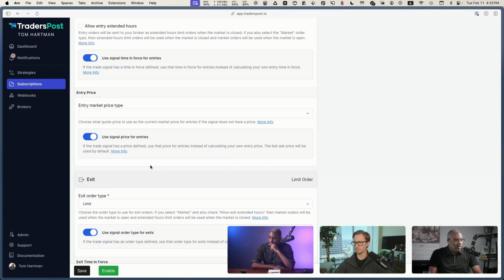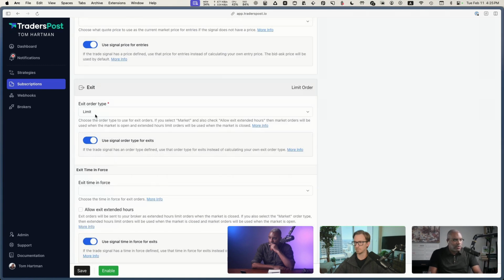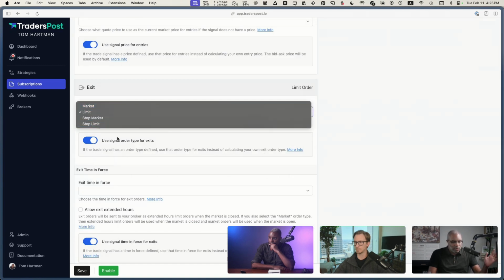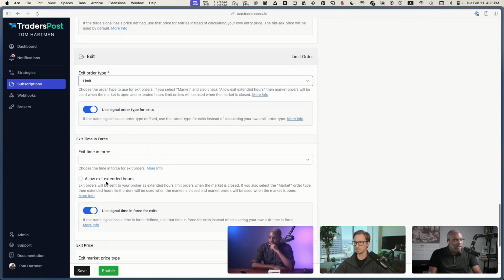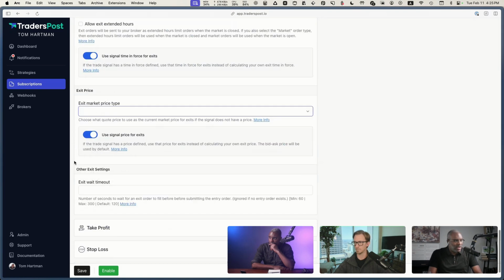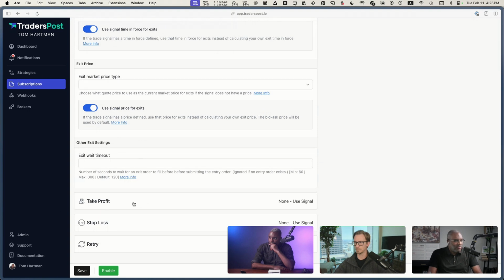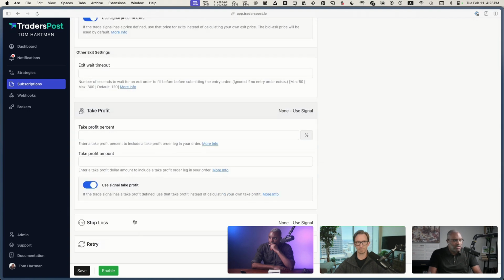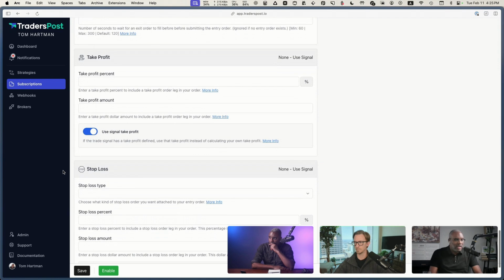And then exit, that's the same sort of idea that we were looking at before. You can decide what kind of order type you want for the exit, time in force, and the bid ask spread. And then finally for take profit and stop loss. So take profit and stop loss, for a DCA strategy, you might decide, right now, the way it's set up is that once the order goes in to buy, it'll just keep buying this asset. But you might decide that, hey, if I get to